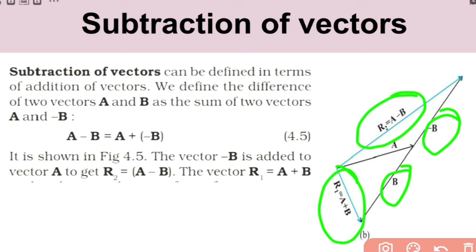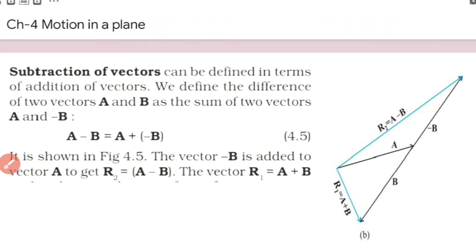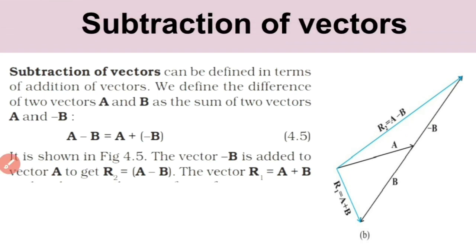So these diagrams and all you have to study well. For example, this topic, that means subtraction, or this diagram as such can come as a 1 mark question. You may be asked to represent both addition and subtraction of vectors in a single diagram. If such a question comes, this is the diagram which you have to draw. You have to draw vector A and vector B. So you can show vector A plus B, and by drawing minus B, you can show vector A minus B also.